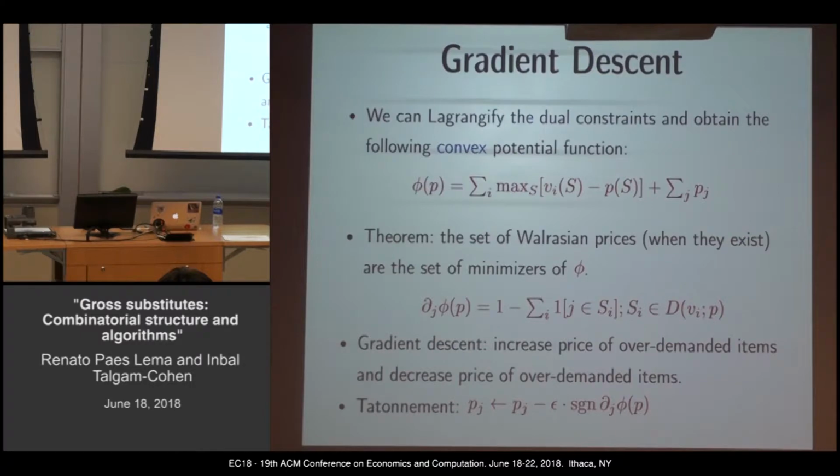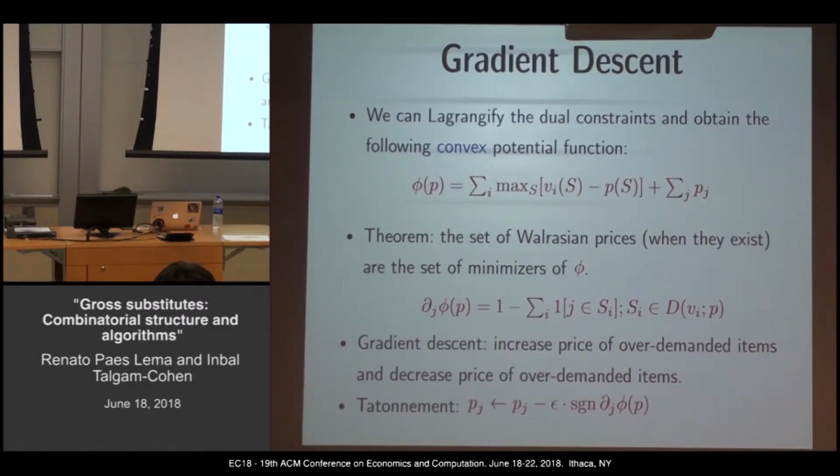That's 1 minus the sum over all buyers i, where j is in the favorite set of agent i. So that's very nice, because gradient descent is saying something very intuitive. Gradient descent says that if you have some price, you should move in the direction opposite of the gradient, in the direction of minus gradient, to minimize. And it's saying that you should increase the price if the items are over-demanded. So if the items are over-demanded, this sum is more than 1, which means the gradient is negative. But now we move in the direction of minus gradient, so you should increase the price.